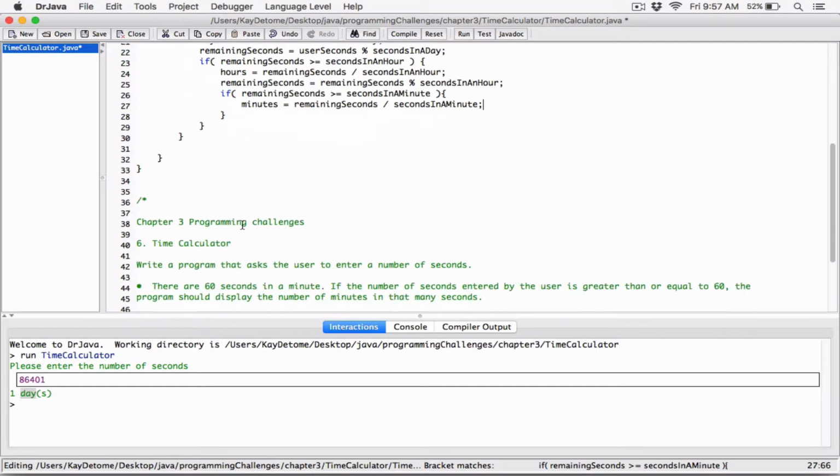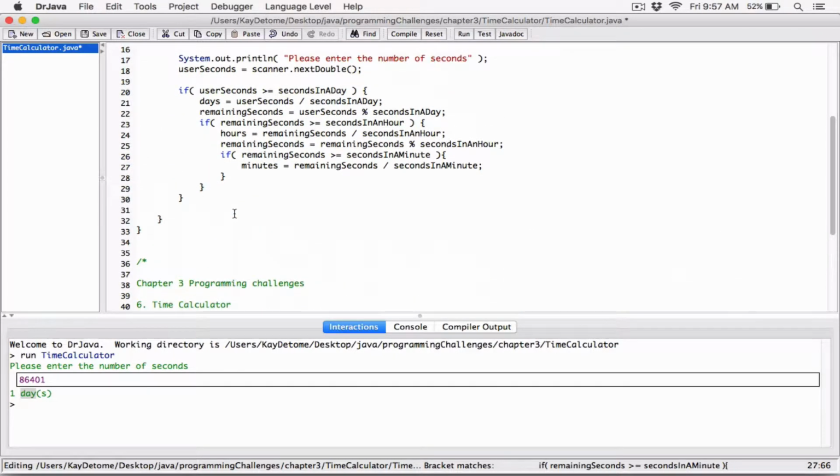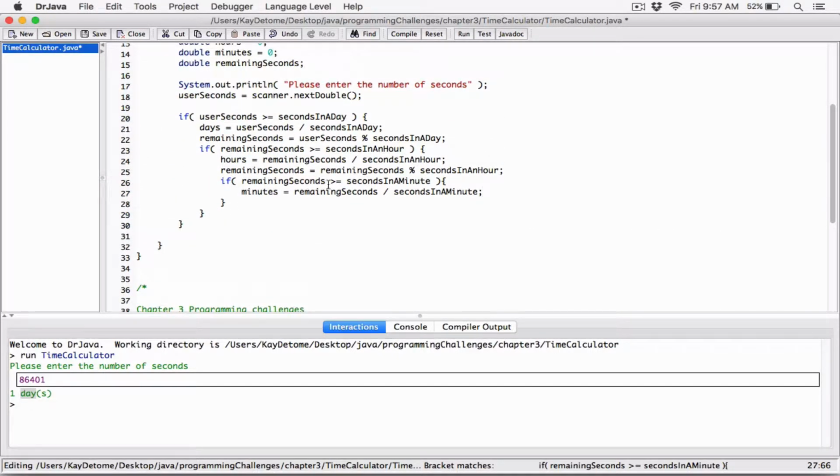So even though the question didn't add seconds in the program, I'm going to add seconds to make the program look good and look complete. So if the remaining seconds is not 60 seconds or more, then we have seconds. All we have is seconds. Let's display 25 seconds. Let's display 0 days, 0 hours, 0 minutes, and 25 seconds. So in that case, I'm going to put an else, because there's not going to be any other condition unless we want to create our own condition. So I'm going to put another else here and say that,